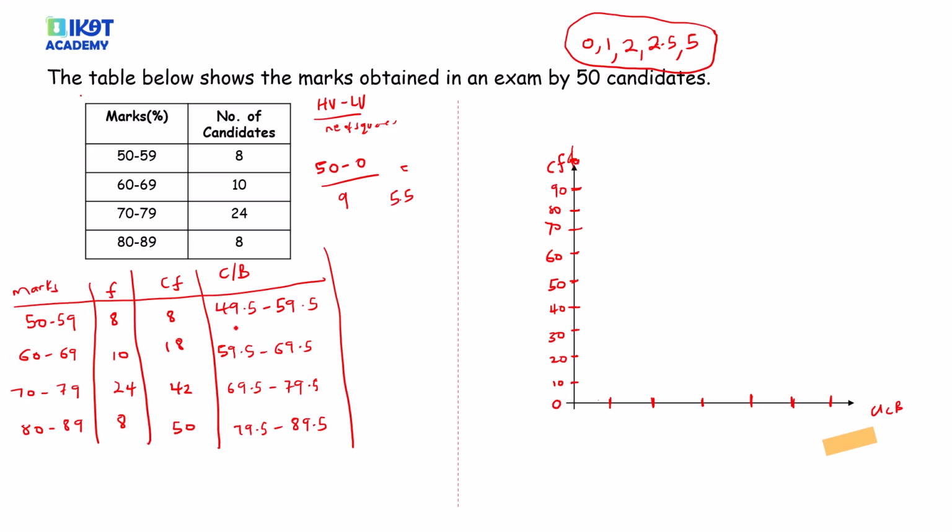Then we come to the class boundaries. We are plotting upper class boundaries. Now here we are lucky that these things are uniform. Hope you're getting what I'm saying. These are uniform class intervals, like the space between each of these is 10, 10, 10. So I can actually just see how many they are. 1, 2, 3, 4, 5. There are 5, and I have 1, 2, 3. You have more than that, so I can just plot them the way they are, starting with the lowest class